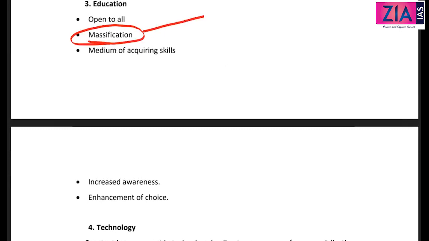What is this concept of massification of education, or when was it introduced in India for the first time? Can you tell me? Education for masses, which reform in education? Which governor general? No idea. You have no idea about history.